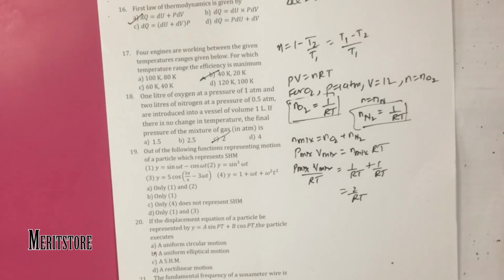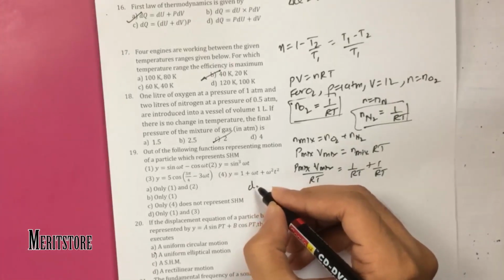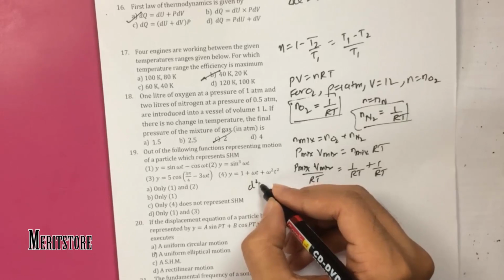Out of the following functions representing motion of a particle, which represents SHM? Y equals sin omega t minus cos omega t, y equals sin cube omega t, y equals 5 cos (3 pi by 4 minus 3 omega t), y equals 1 plus omega t plus omega square t square. So for any of these equations to represent SHM, I should have d square y